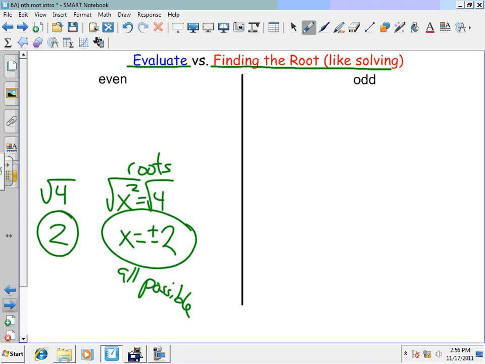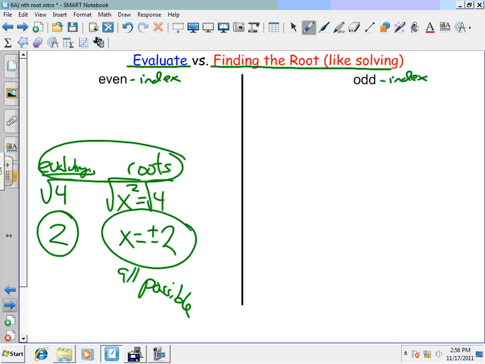Whereas over here, we're talking about evaluating, and you only deal with the principal root. The one that, if it's positive, is going to stay positive. So this is talking about the principal root over here. But roots in general is like solving for all possible answers. So we want to get those two words figured out. So let's think about it. If we have an even index, okay, and these have to do with index,